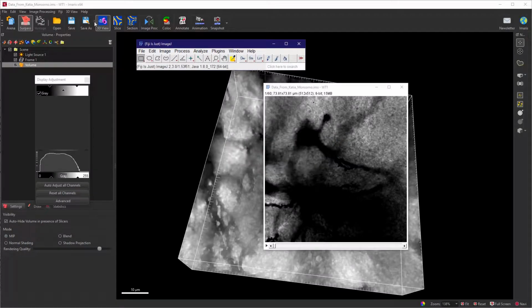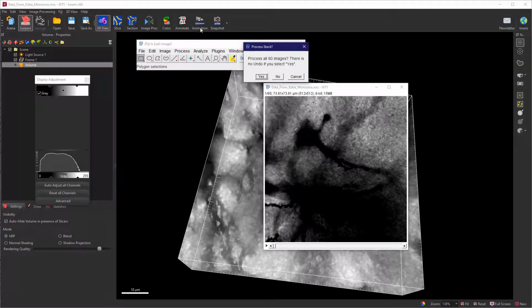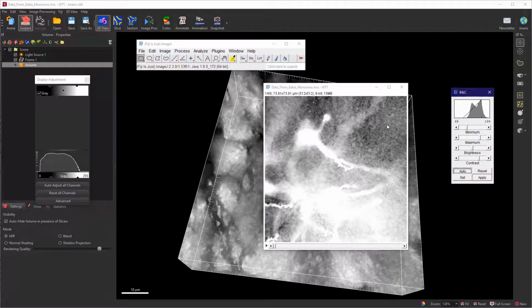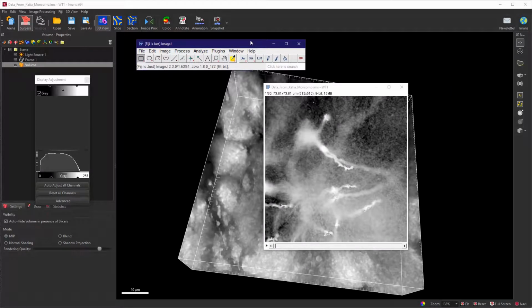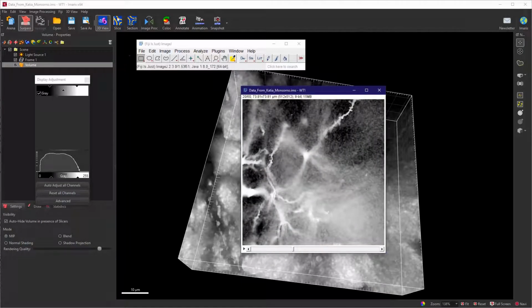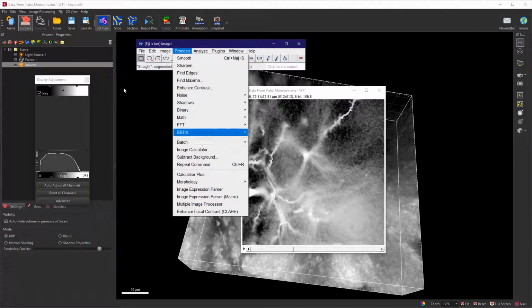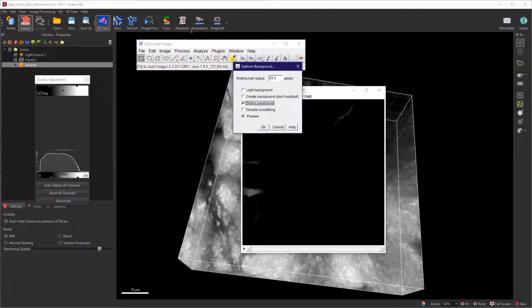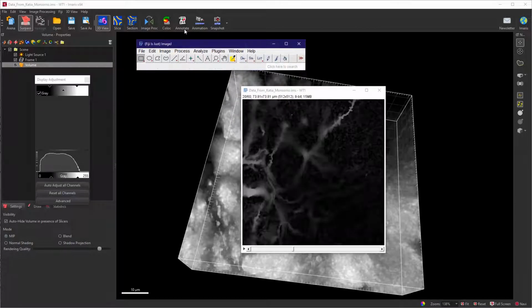So we don't need the update. What we need is to just go Edit, Invert, and invert the values here. And then it looks more like a fluorescence image. Additionally, you can do a bit of background subtraction to clean up this dataset a bit. So we go to Process, Subtract Background here. For this dataset, I made sure that I used sliding paraboloid and a rolling ball radius of 50 pixels. Looked okay to me. You have to process all the slices,